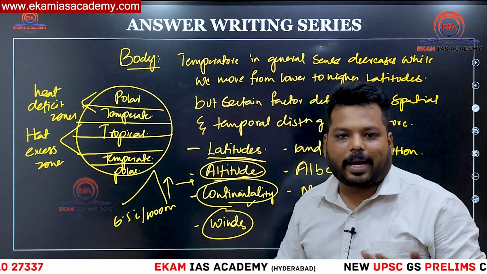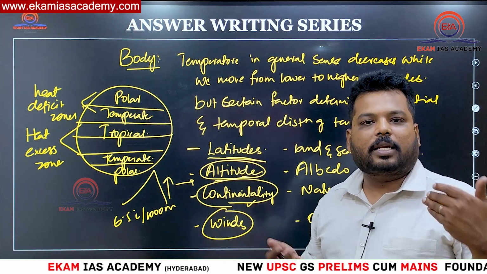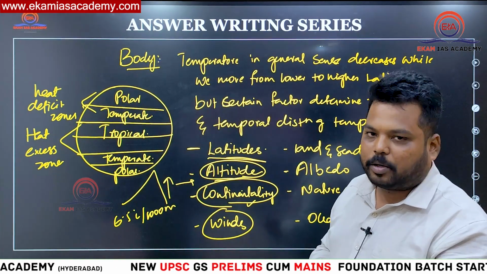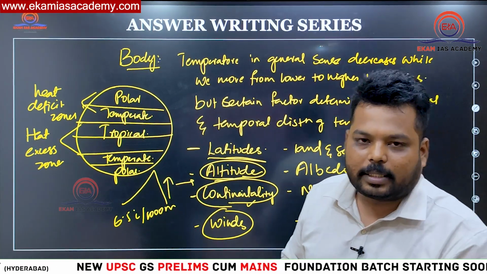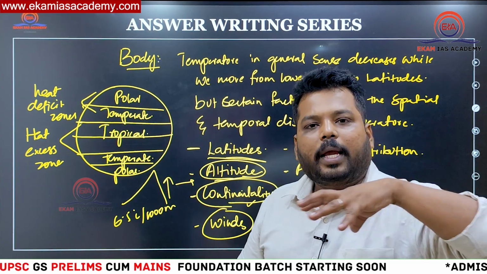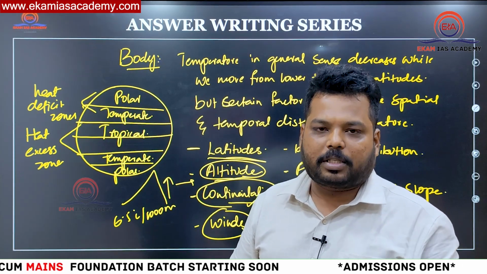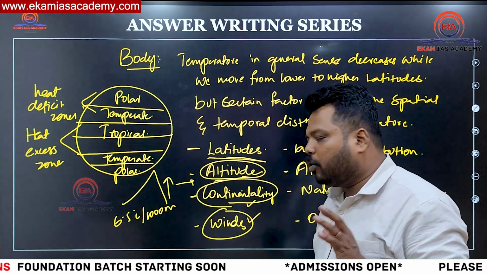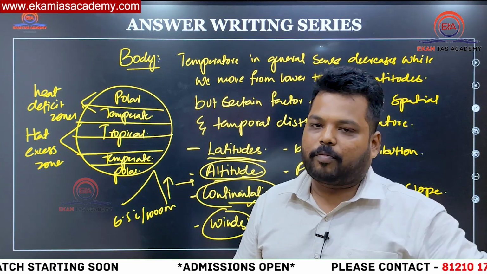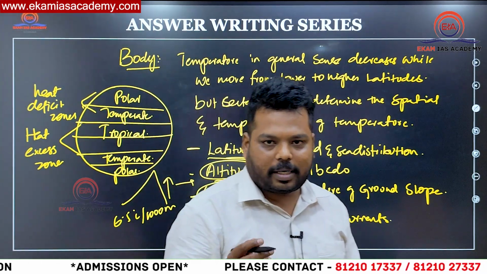Along with that, winds would be acting as one such factor, whereby the dominant warm wind presence in any region increases the temperature of that zone, and cold wind presence will tend to decrease the temperature of that zone. Example, a wind called Lu during summer राजस्थान में start होगा, Indo-Gangetic plain में move होते होते 2 डिग्री से 3 डिग्री तक एवरेज टेम्परेचर इंक्रीज करने लगेगा. So winds tend to increase the average temperature of that region. So hence this is also an adding factor which shall be associated with it.